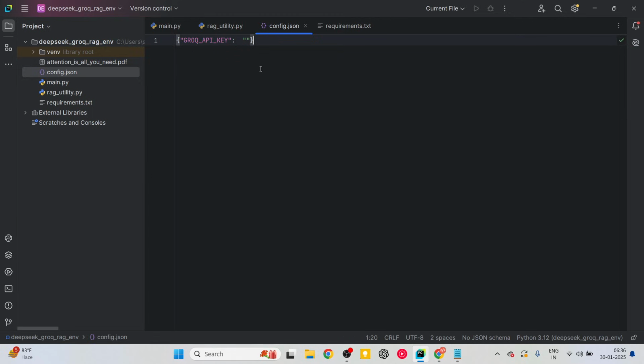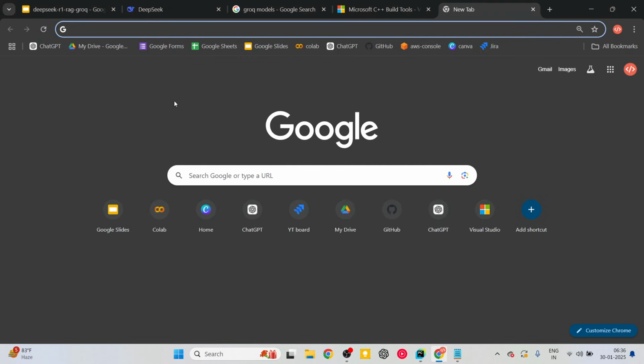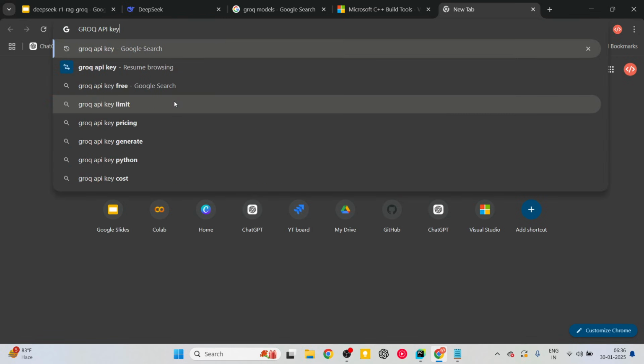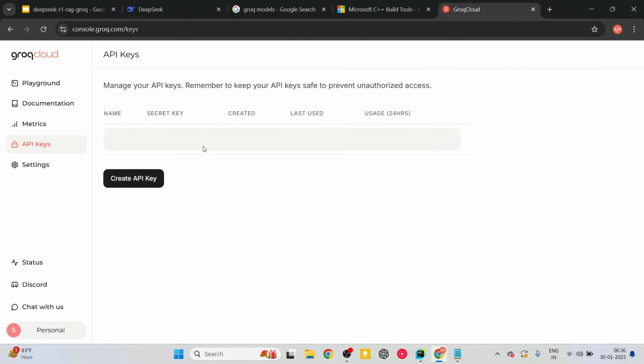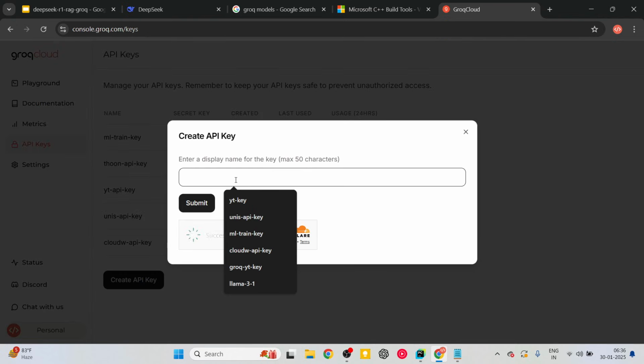Now we need to get our API key and paste it over here. So I'll search for Groq API key. That's going to open the console. I'm already signed up and logged in. If not, you can sign up with Google. That's going to work. In this, I already have these particular keys that I've used before. So for this, I'm going to create a new key, and I'll name this